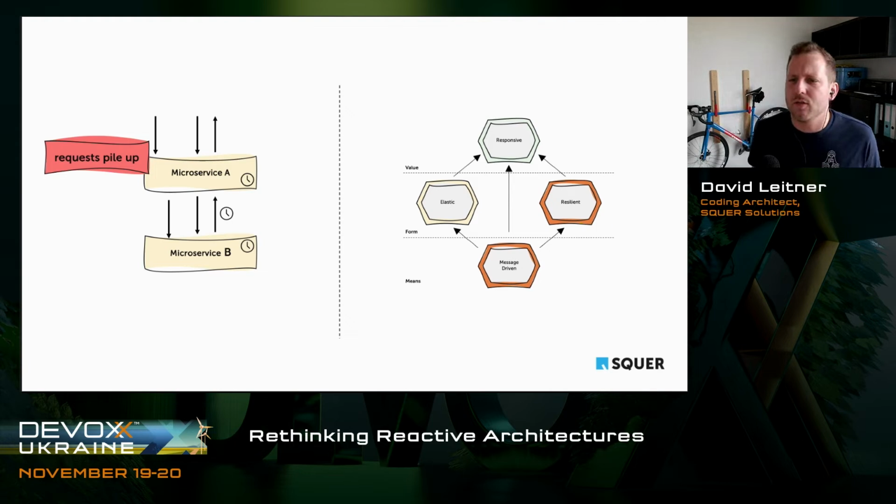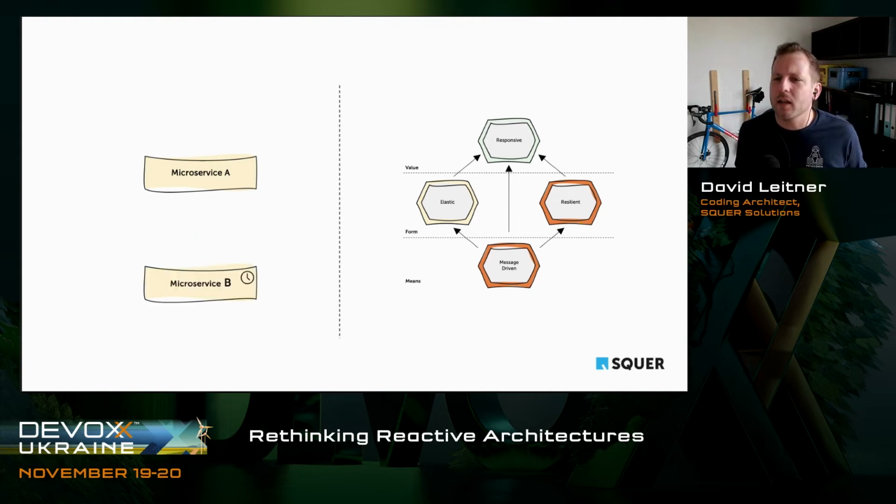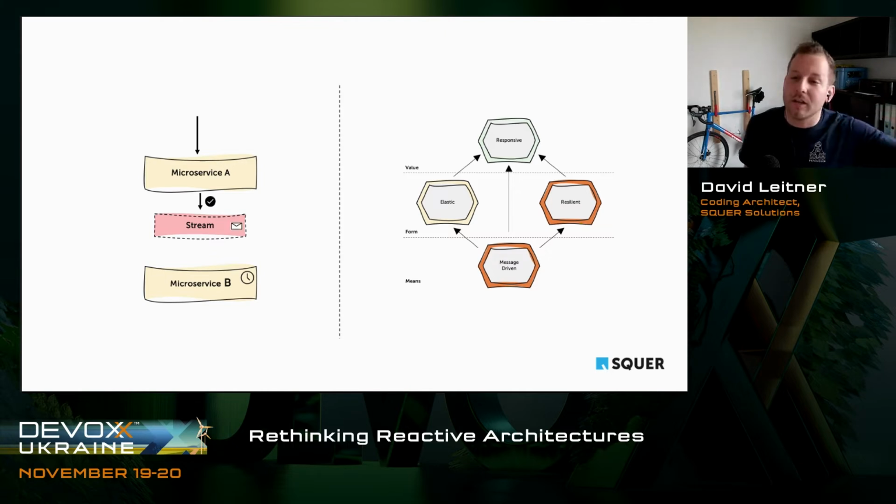And this brings us again to the idea we could make this much more resilient by basically just introducing a stream. And if a lot of requests come into microservice A, we just forward the event again, and then we are basically done. I mean, we're not done like we have been before, but we say, hey, we accepted your request, we work on it, come back later, ask us if we're done, right?